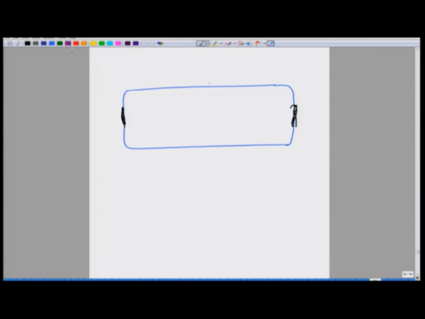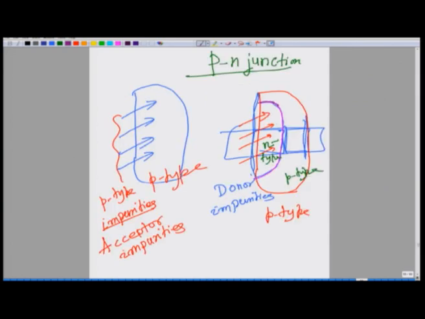Suppose this is that junction layer, and I am only showing this part. So, in that part you have a junction out here,